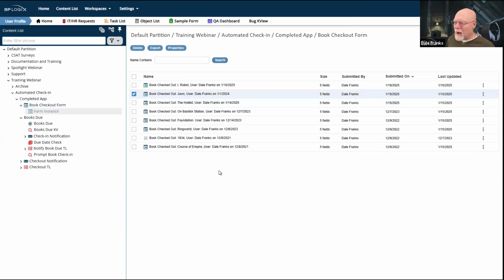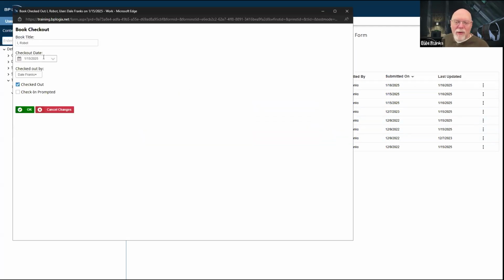So assuming that I have edited those three form instances right, let's refresh the forms. That still says 1/15/2025. So let's go with 2024.